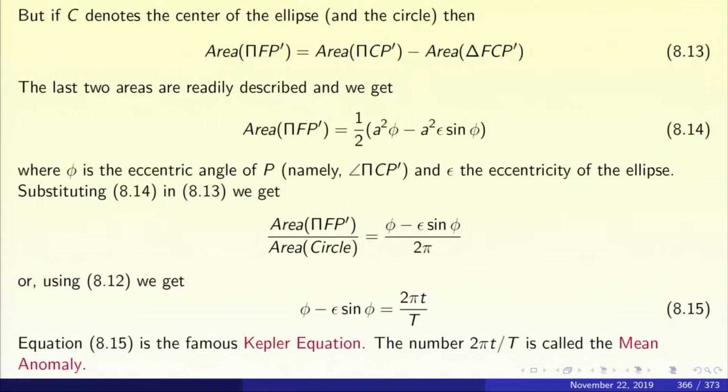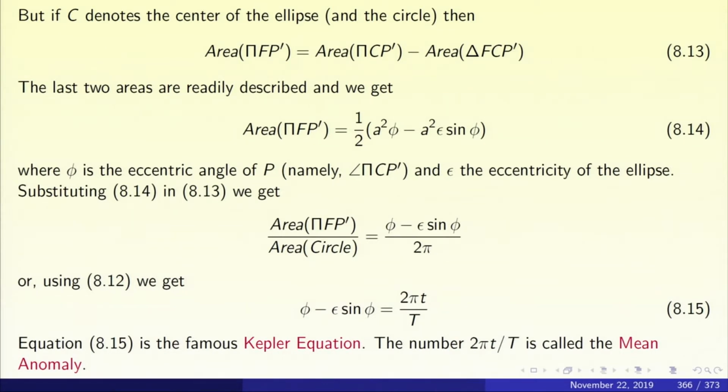And so we got this equation 8.13. But what is the area of Pi C P prime? Everybody knows the area of the sector of a circle is 1/2 a squared phi. And the area of triangle F C P prime is half base into height. But the focus, remember, is at (a epsilon, 0). And so half base into height is going to give you 1/2 a squared epsilon sine phi, where phi is the